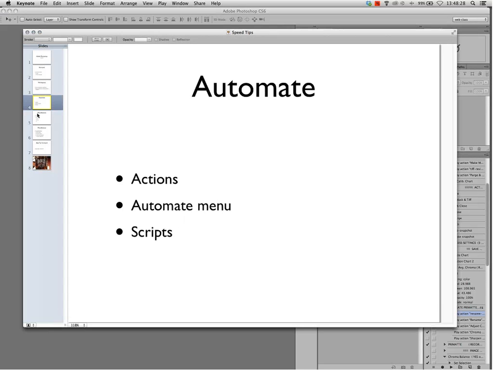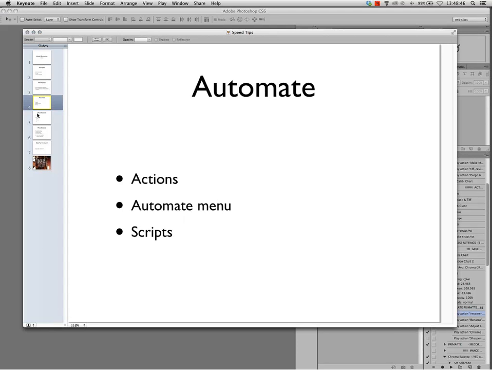Automating Photoshop. This is probably one of the biggest time savers that you can use. I've always said that if I ever have to repeat something more than 3 times, I'm going to write a Photoshop action for it. It's not uncommon for people to say, Bentley, how do you write actions? Well,